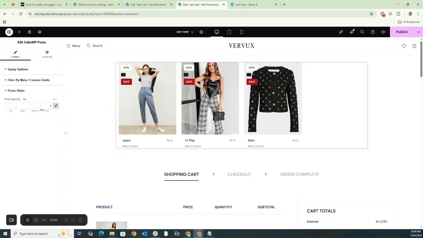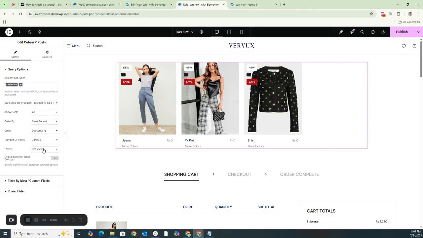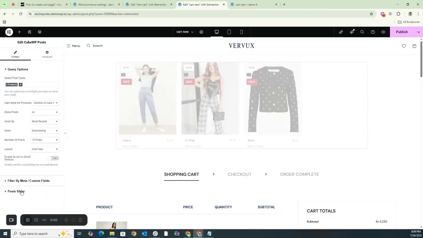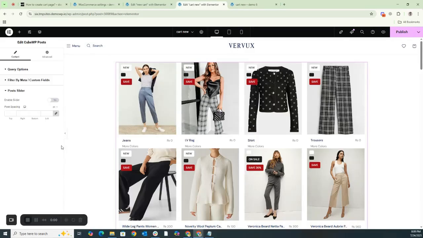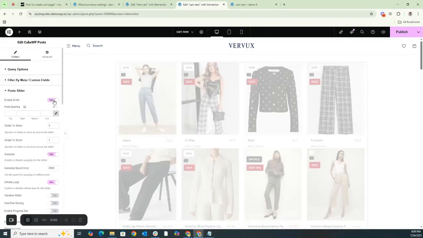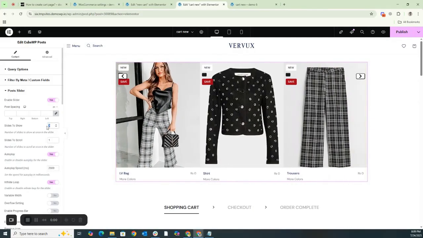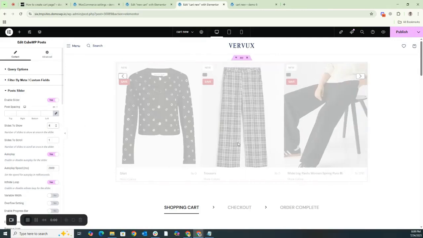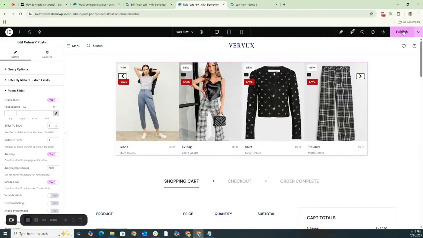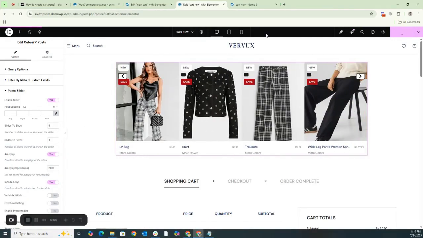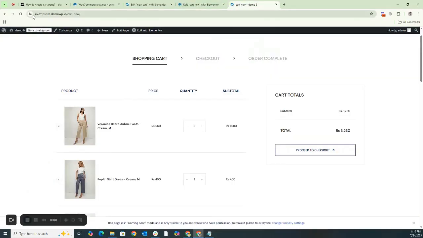And if we want the various post types that are coming in to be prominently displayed within a dynamic slider, then you must keep it in the essential grid view. And let's suppose we set the total number of posts to 16 and then enable the interactive slider functionality. We'll select 4 for the slide so that the slider shows 4 products at a time. We'll publish our changes and then come back to reload our page.